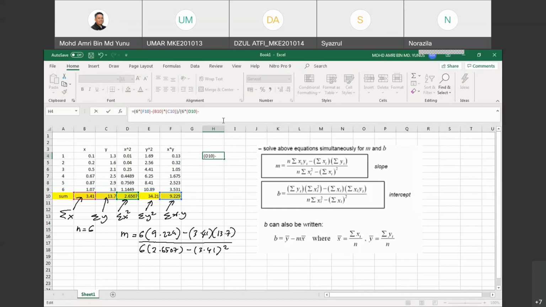Minus, and all right, so we get 2.02, the slope,